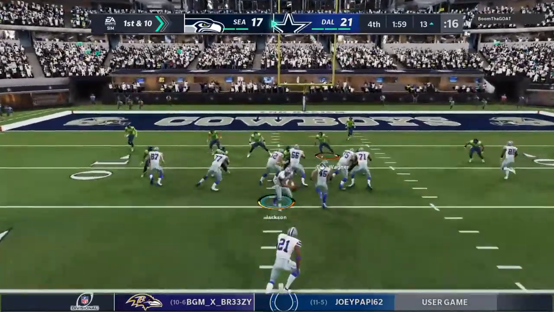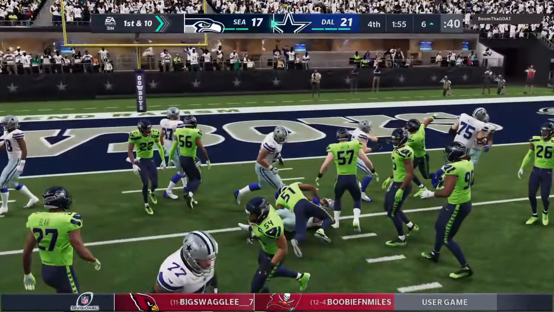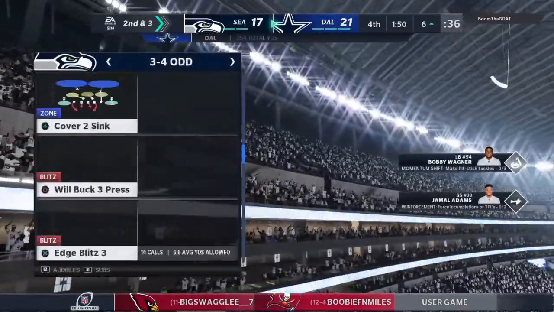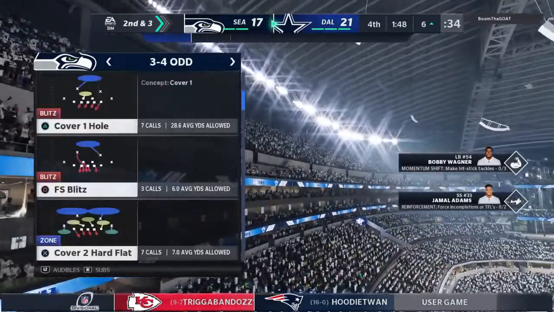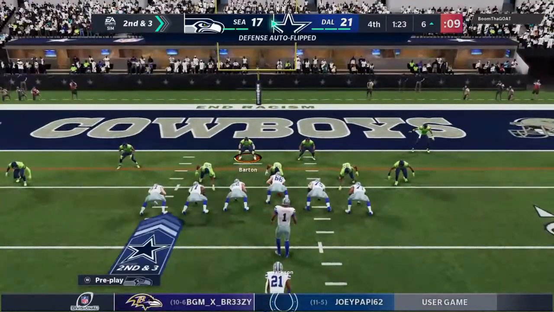A 1st down carry by Elliott. Power running here down to the 6-yard line. 7 yards on the pickup there, and it'll leave them with a 2nd and 3. A 7-yard pickup. Able to stay in bounds, so the clock keeps rolling, and this defense right now backed up